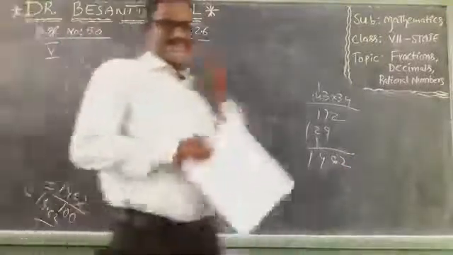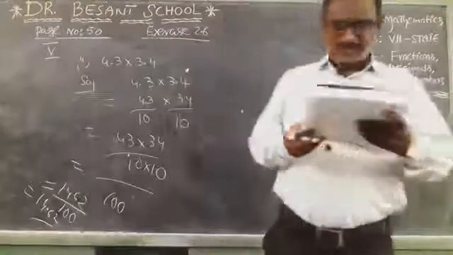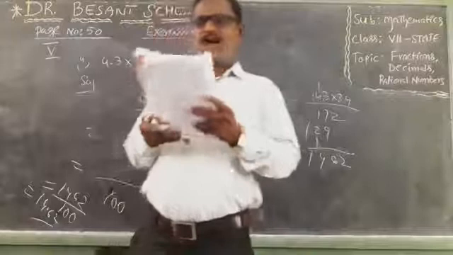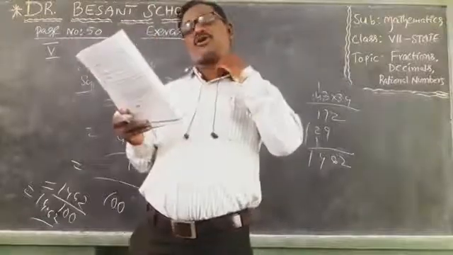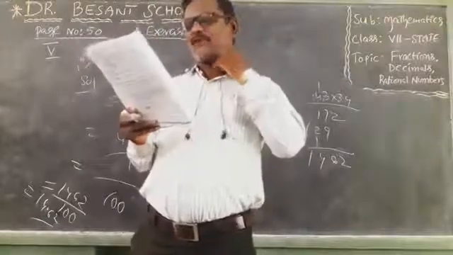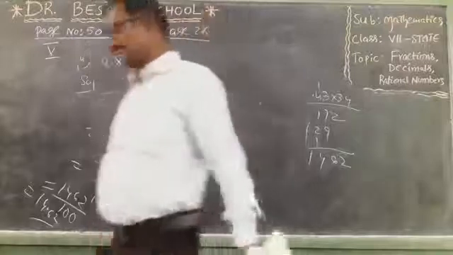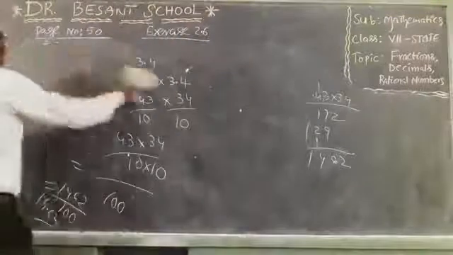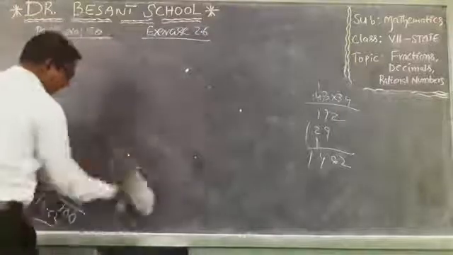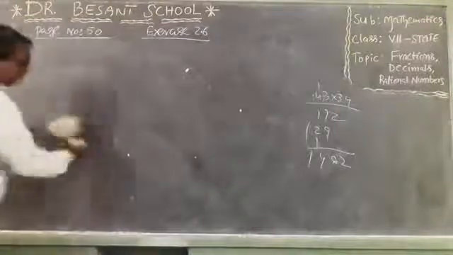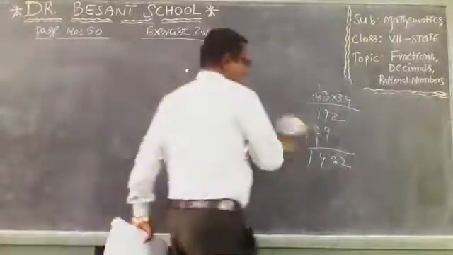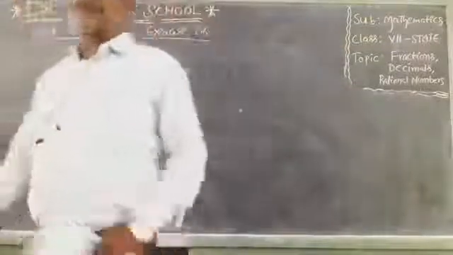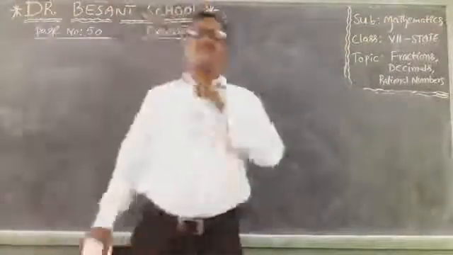So in today's class I have explained you all the problems from the first Roman and also second problem, all the problems from third Roman and also fourth problem, and 4 problems from the fifth Roman. I hope that you understood very well. So children, my today's homework is complete all these first Roman and second problem and third Roman and fourth problem and fifth Roman 4 sums in the class work. This is my today's homework.